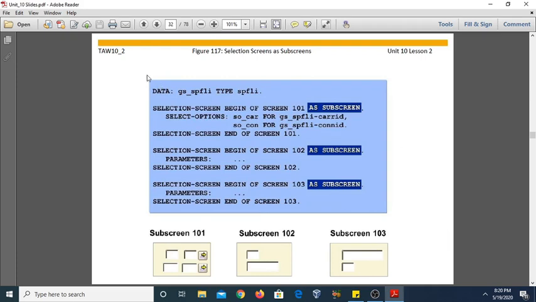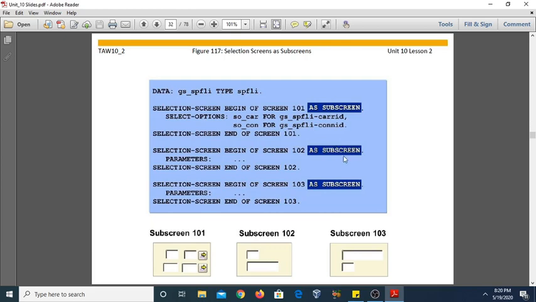See this example of a program in which the programmer has defined the selection screen as a subscreen with the syntax SELECTION-SCREEN BEGIN OF SCREEN 101 AS SUBSCREEN. Now we define the fields on this subscreen with the help of SELECT-OPTIONS: so_car for gs_spfli-carrid, similarly so_con for gs_spfli-connid. We always end the subscreen with SELECTION-SCREEN END OF SCREEN 101.